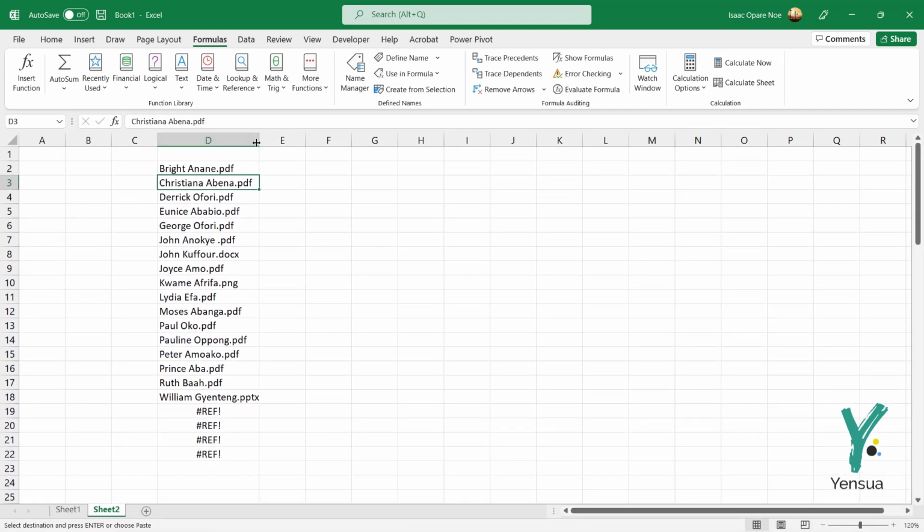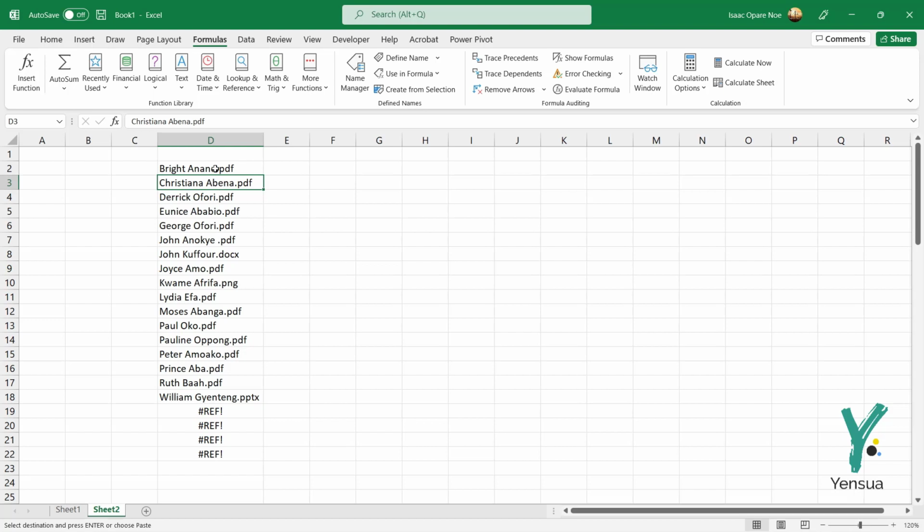Okay, but these things have extensions. This is a PDF file, this is a Word version, so it's docx. There's a picture, and so you don't want that. It's easy. How do you do this? The very first thing to do is to